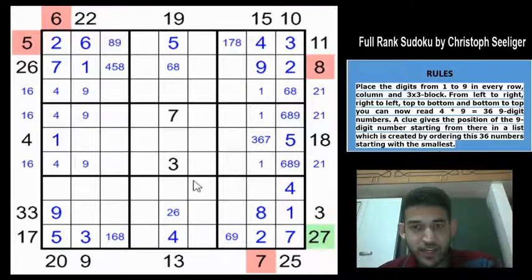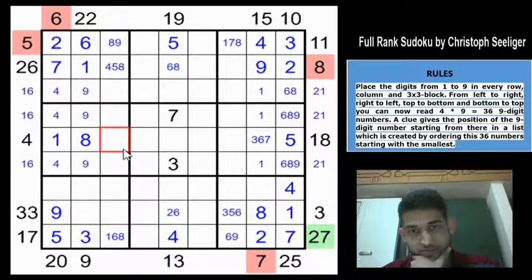Okay, look at this 3 clue and 4 clue. 3 is having 1 8, which means that this 4 will either be 8 or more than 8. But we know for sure that 9 is not going to be here because the 16 clue will be 4 9. So this is not going to be a 9, which means that this cell has to be an 8. What a deduction! Very narrow deduction in fact. So let us try to focus these 3 and 4 clues more. So this cell is going to be 9 is not possible, so this is only 3, 5 or a 6, right? 1, 2, 4, 7, 8 and 9, so this will be 3, 5 or 6. Okay, so this must be minimum 3 so that it's greater than the 3.